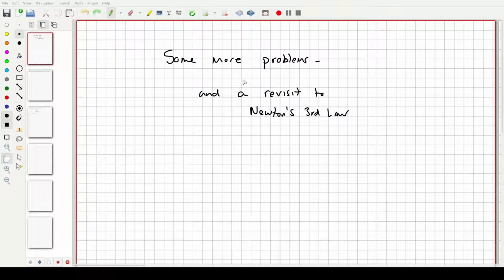In our third and final lecture on Chapter 5 material, I'd like to take a look at two more problems and also revisit Newton's third law to show an alternate way of writing it. Now, that said,